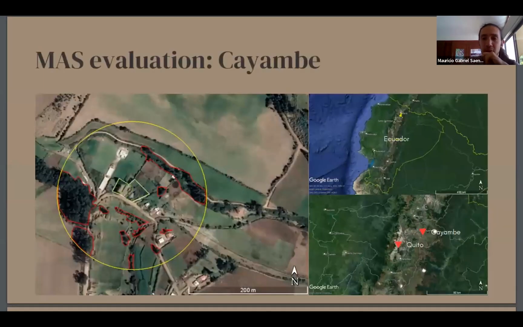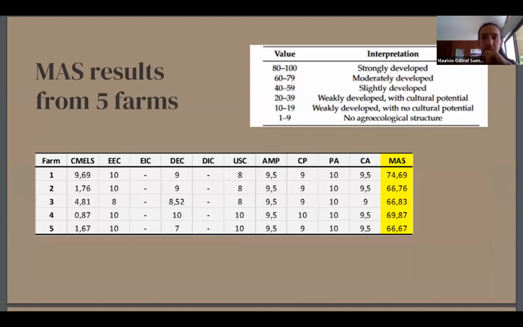As of now, we have processed some farms in northern Ecuador, which is really nearby to Quito, the capital city of Ecuador. If you can see the map on the bottom right, we see Cayambe, which is a city really close to it. And we have assessed 5 farms as of now. So the main agroecological structure, the methodology for assessing the landscape, has given us these results. In general, it is moderately developed, which means that the farms have a moderate connectivity with the landscape in general, which makes them far more resilient in case of a disturbance. However, Cayambe has a really strong history of land use and land cover conversion from agribusiness and considerably from